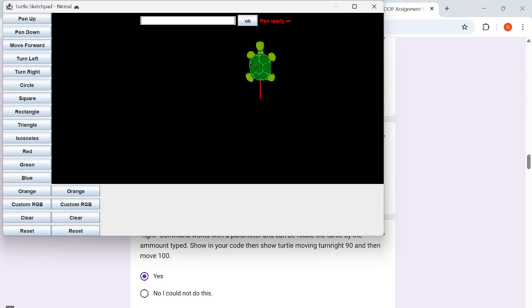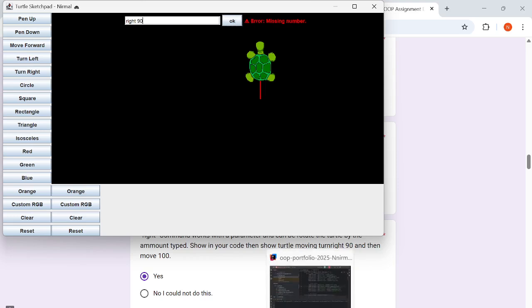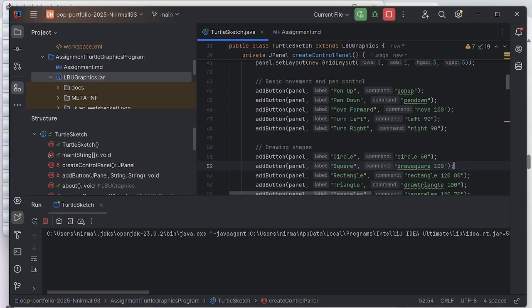So let me put on right. If I click on right, it doesn't show. I have to type in right with a number, like 90. If I do not insert a number, this is the error that it will show: missing number. As you can see in my code, every basic movement and pen control, pen up, pen down, move forward, move 100, turn left 90 here, turn right,